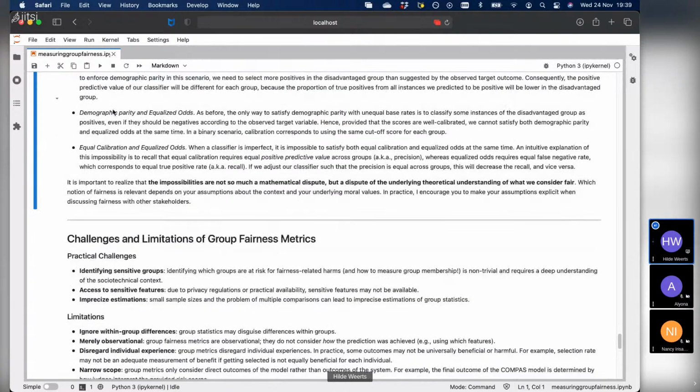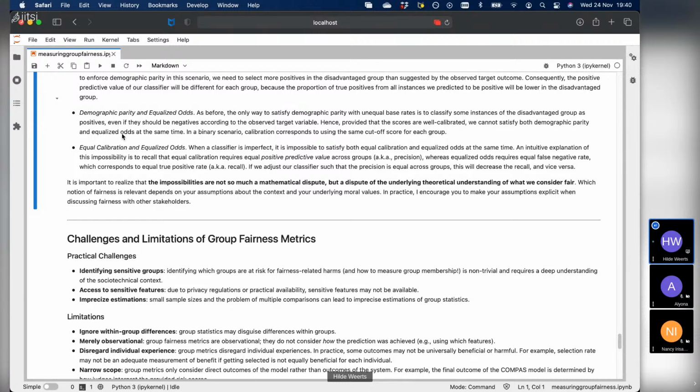I think demographic parity and equalized odds is probably the easiest to understand. So here again, if you have unequal base rates, that means that you have to classify some instances in the disadvantaged group, so the one that has a lower base rate, as positives, even if they should have been negatives according to the observed target variable. So if you want the scores to be well calibrated, so if you want the 0.7 to mean the same thing for each group, then you simply cannot satisfy both demographic parity and equalized odds because you will make some mistakes, in quotation marks,